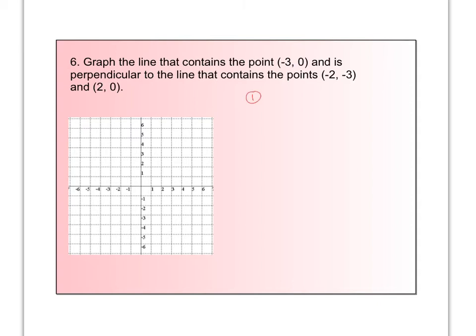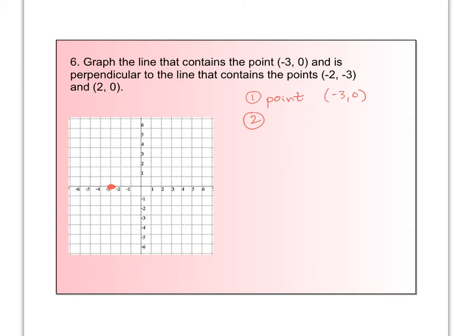So step number 1 is I want you to graph the point. So in this case, you're going to graph negative 3, 0. So put a dot at negative 3, 0. Should be right there. Now our line has to contain that point. So our line ultimately has to go through that point. Step number 2